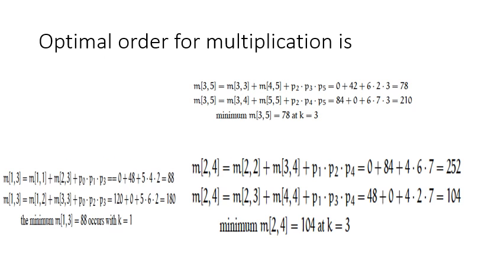By seeing the values in this split table, we can construct the optimal parenthesization for this sequence of matrices. Our answer is stored at 1 to 5, that is 3. So the first parenthesis would be placed at 3. On the left side of this we are having the sequence 1 to 3, and on the right side we are having the sequence 4 to 5. You can also verify this from this binary tree, like on the left side of 3 we are having 1 2 3, and on the right we are having 4 5.